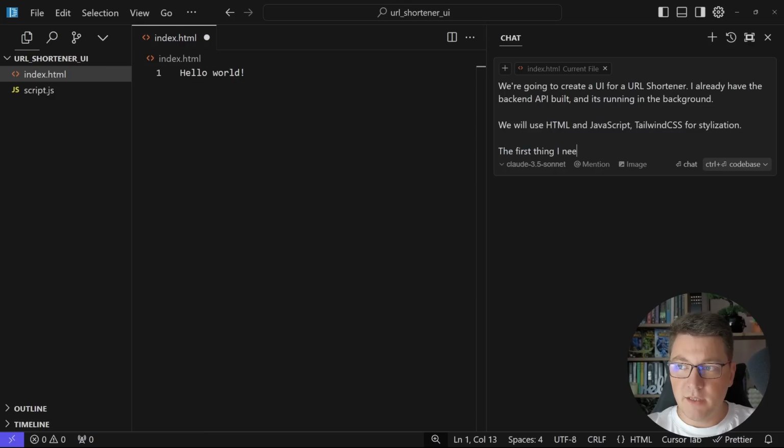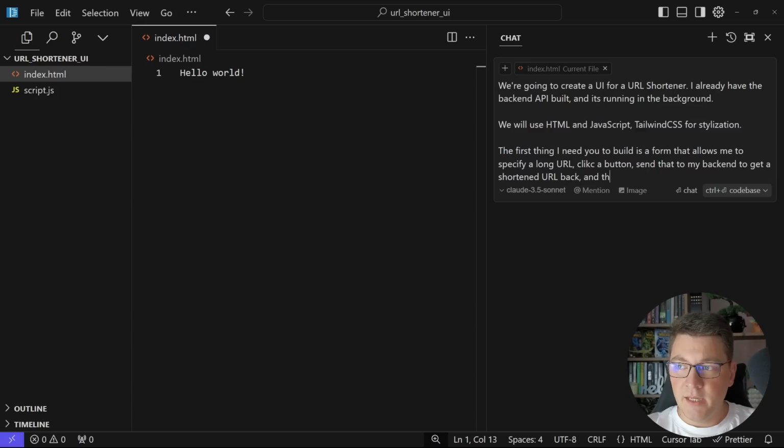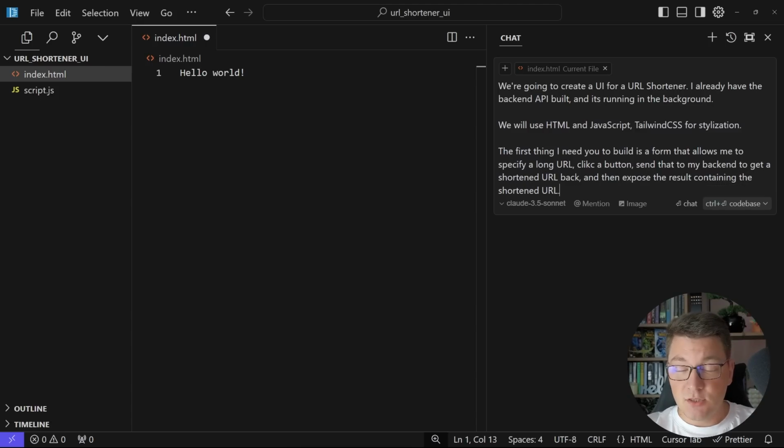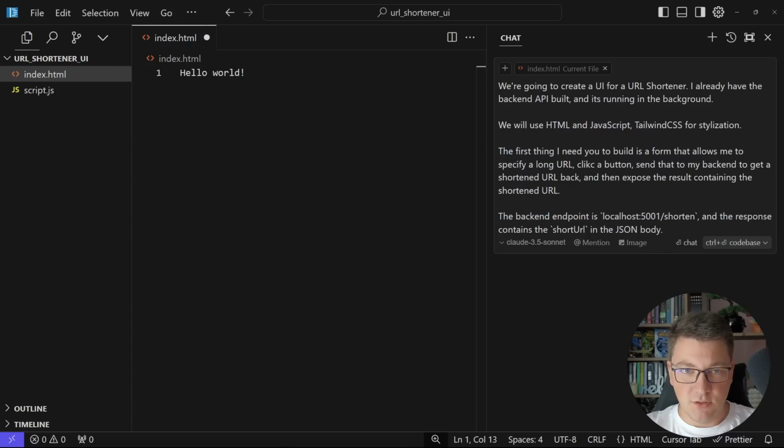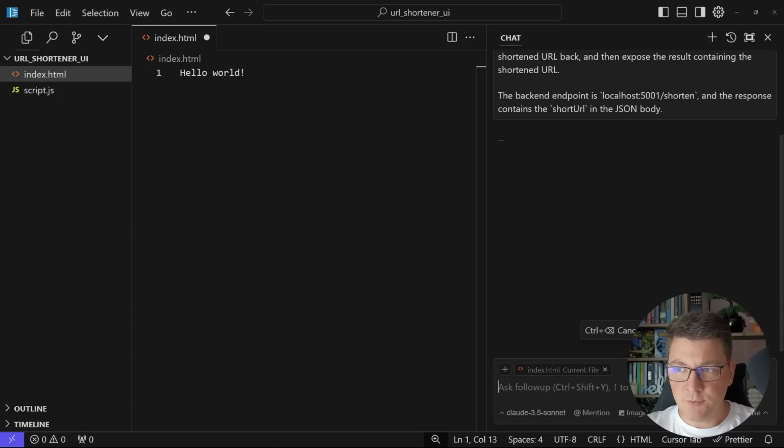The first thing I need you to build is a form that allows me to specify a long URL, click a button, send that to my backend to get a shortened URL back, and then expose the result containing the shortened URL. Let's also tell it which endpoint to call. The backend endpoint is localhost 5001 and then shorten, and the response contains the short URL in the JSON body. So this should probably be sufficient to get what we need, and then I'm going to click enter, and Cursor